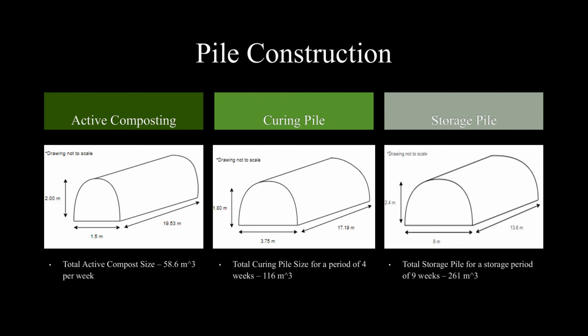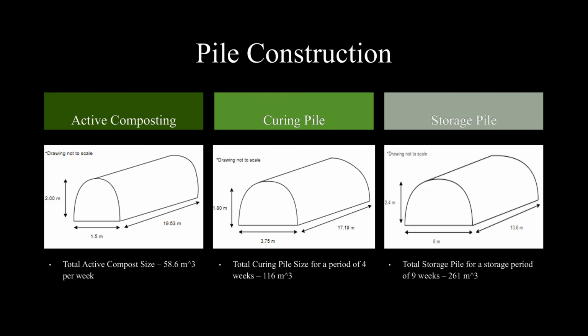meters in length. It is suggested to actively aerate the compost for at least 4 weeks. Therefore, the facility will actively aerate 4 piles at a time. The curing pile size will be a summation of the 4 weeks of active composting, where the duration will also be 4 weeks. However,